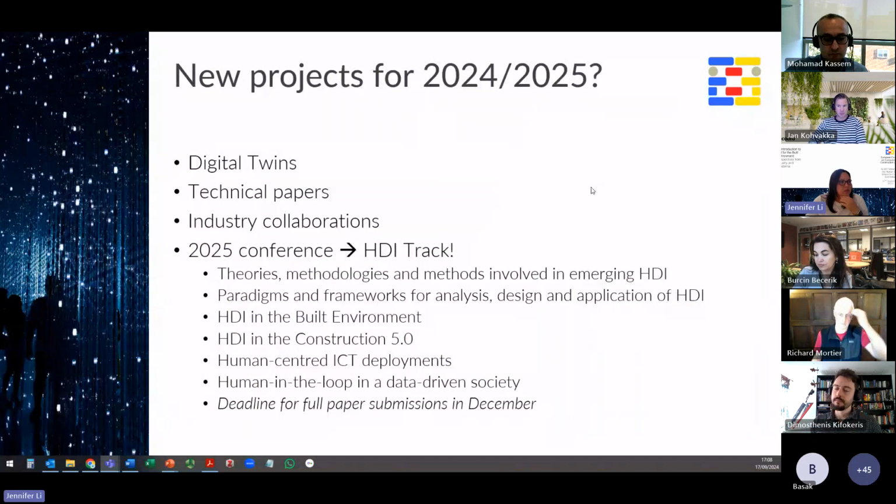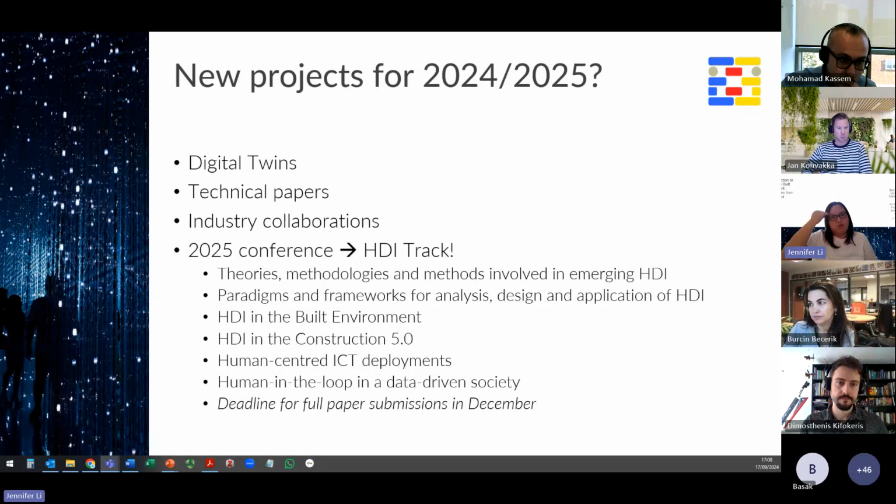Other things that we have been discussing in the last few months are projects around digital twins, thinking about, now that we have the white paper very soon to be published, what will we do with the content of that in terms of taking it forward, maybe extending some to technical papers or additional subject areas that we want to focus on. Looking at how we can boost our industry collaborations with the committee. So I think we've got a lot of interesting things coming up in the next year.